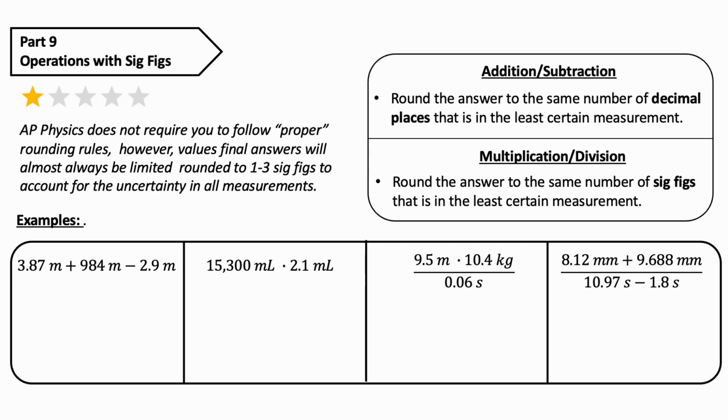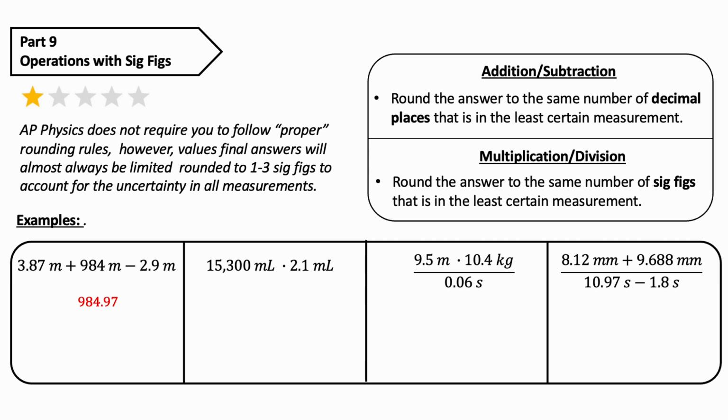Now, when we are doing this for addition and subtraction, we just need to worry about the decimal places of our numbers. And so if I have 3.87 meters plus 984 meters minus 2.9 meters, it's weird that we're adding these measurements and they're not all to the same number of decimal places. Now we can go ahead and do this math, and that should always be the first step. We put this into a calculator. The calculator spits out the answer